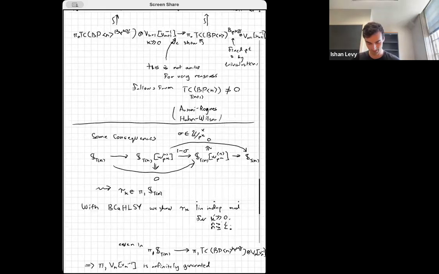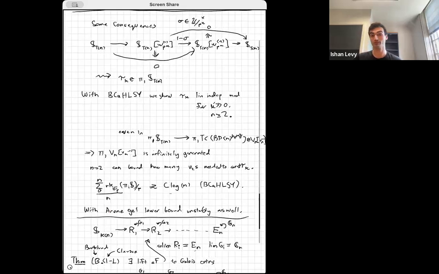The key reason you can go from stable to unstable is that there's a spectrum that controls the Vn periodic unstable homotopy groups of spaces. It comes from something called the Bousfield-Kuhn functor. If you have a space, this functor gives a Tn local spectrum that has the property that, for example, when you tensor it with the dual of a type n complex,